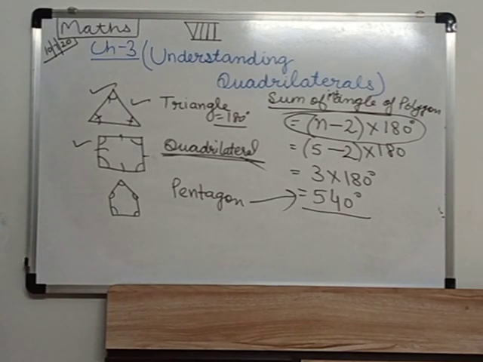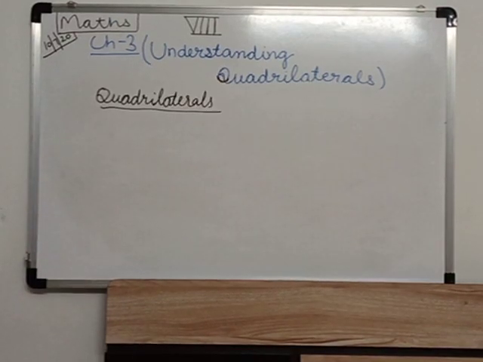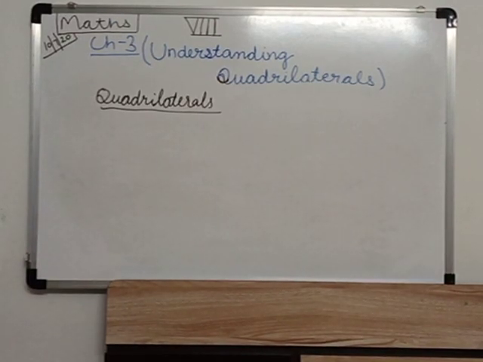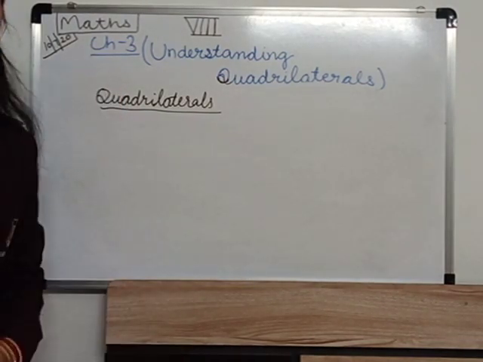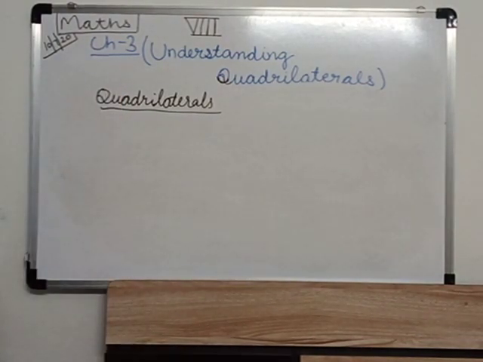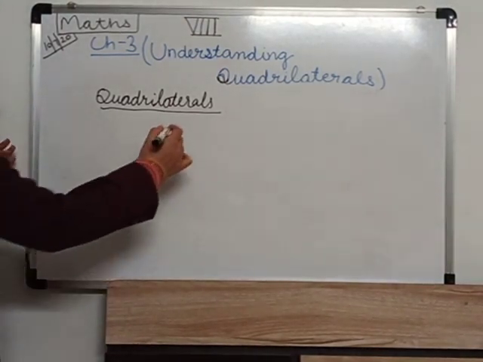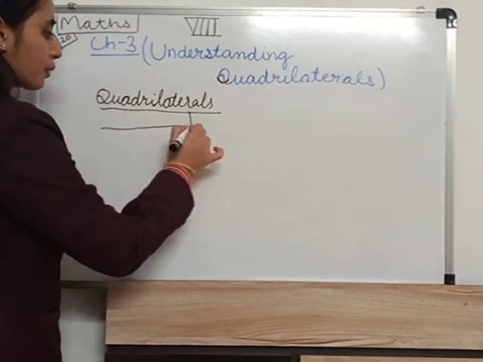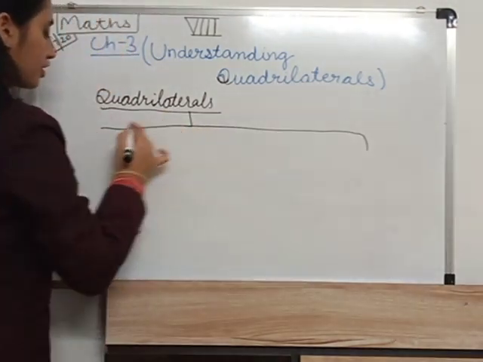Now let us start about quadrilaterals. About the types of some quadrilaterals we discussed. So what is a quadrilateral? Now we discuss different types of quadrilaterals and their properties, which we use in this chapter for solving our questions. So these are important. Different types of quadrilaterals have different shapes.